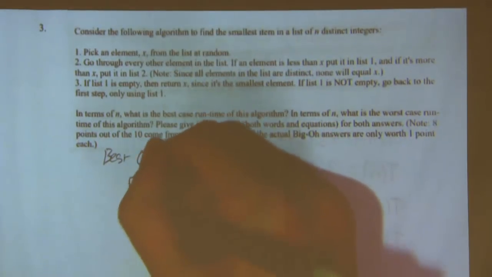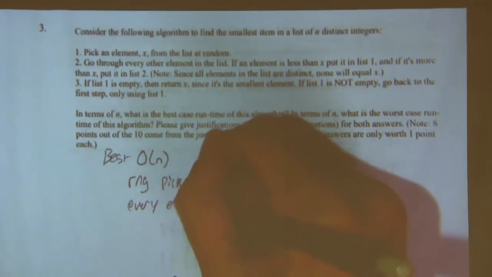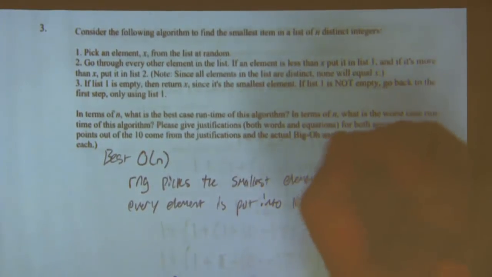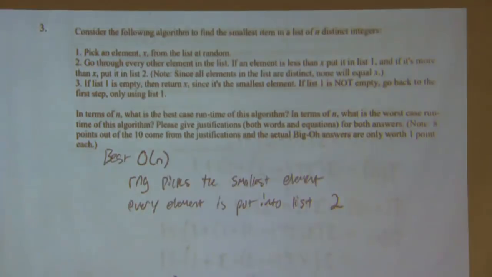Then every element is greater and it just gets put into list 2. Then we see that list 1 is empty, and then we return the element. And so all we've done to figure out that that's the minimum element is we've compared it to every other element in the list, and then we return it. So we're just doing n operations, where n is the length of the list. And then for our worst case,